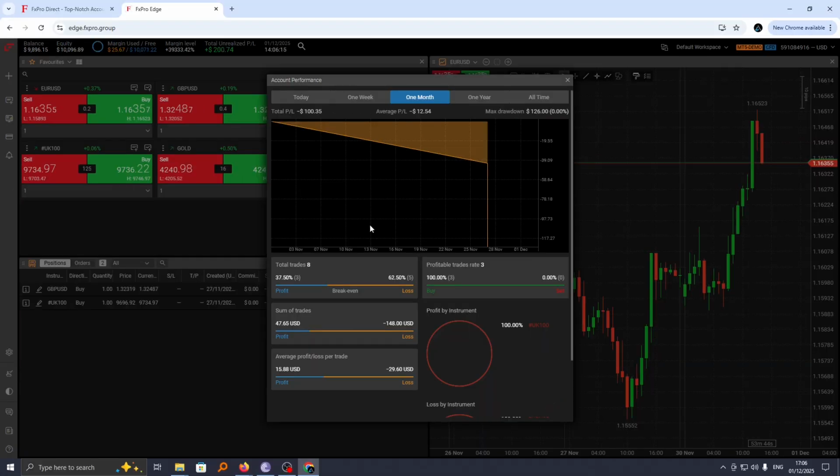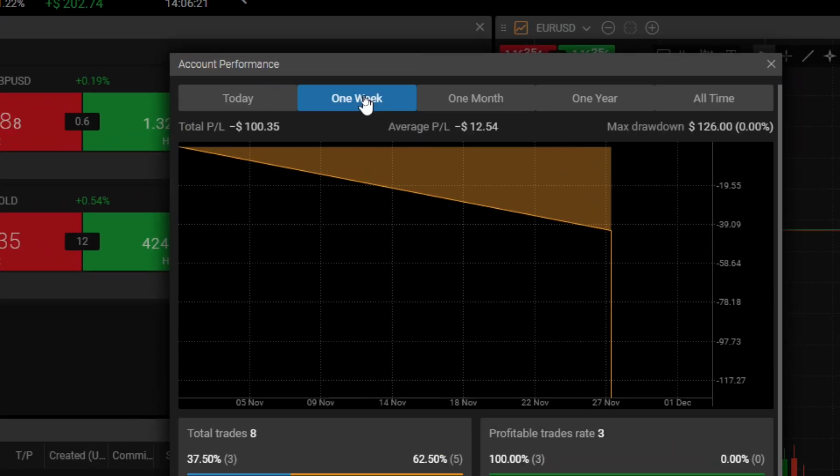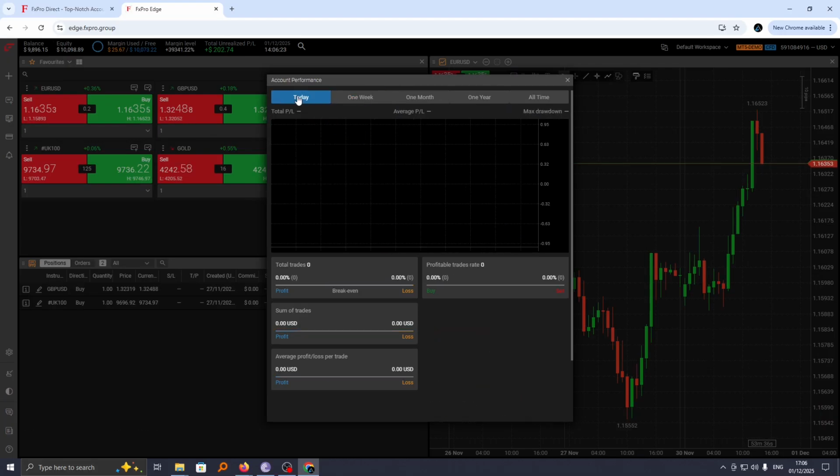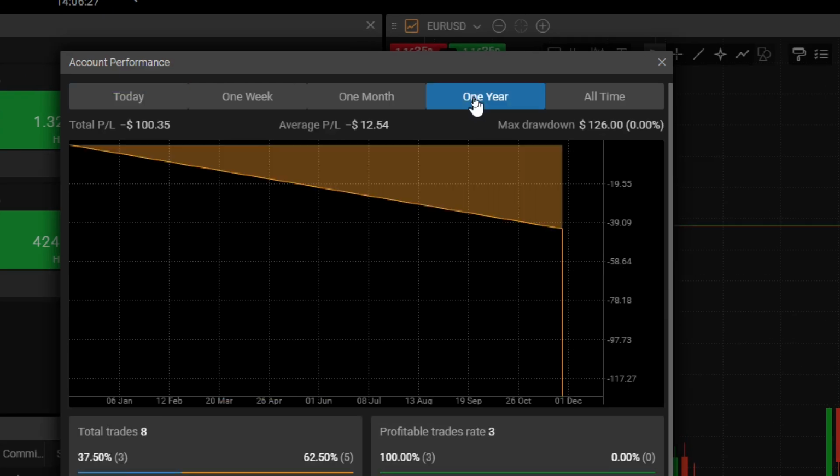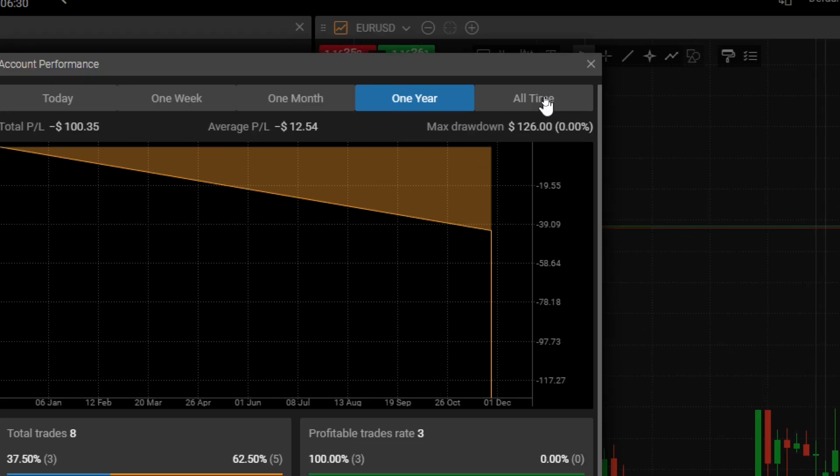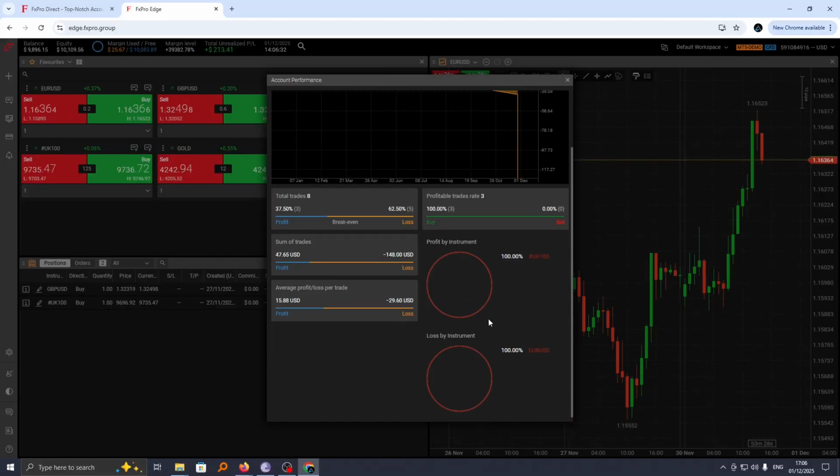click on it. Now here you'll be able to see your performance for the previous 1 month, for 1 week, or even for that particular day. You can also go as far as 1 year as well as all time, and that data should be available